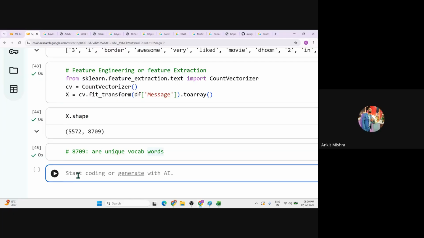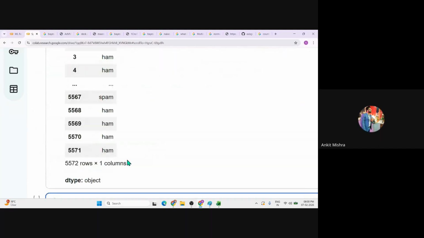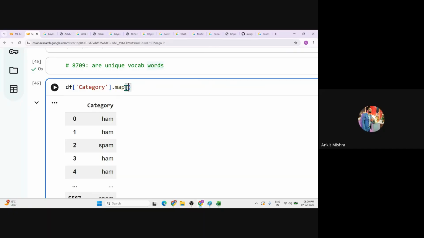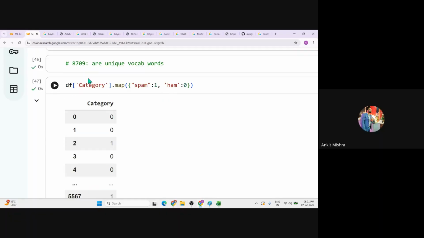Now let's pick the y one. We have the category, and we can convert this to spam and ham. Let me write the map part, and inside the map we give a dictionary where spam is treated as 1 and ham is treated as 0. Once you run this, you will get the 0 1 values.